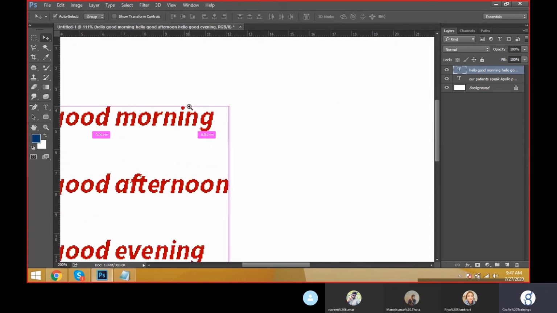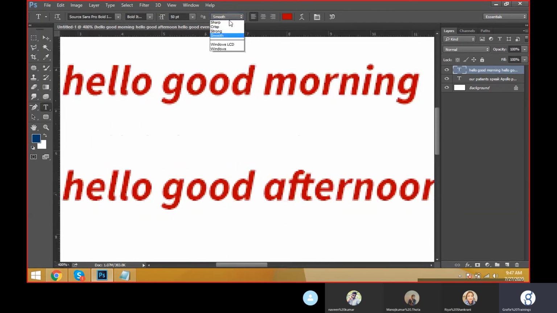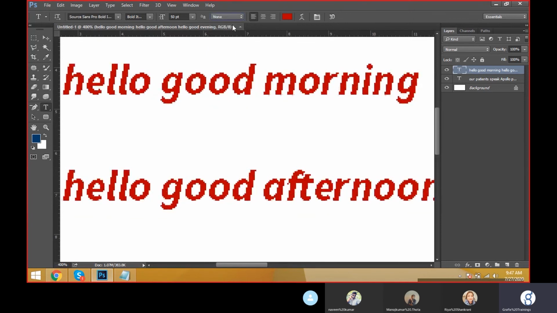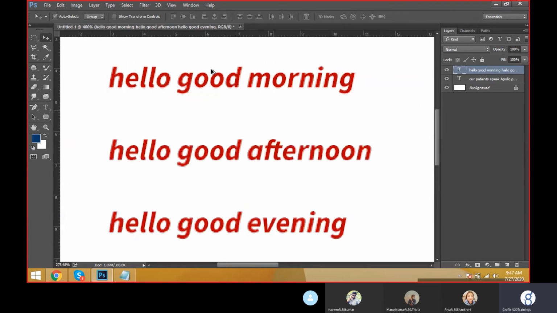And here this is none. This we call anti-alias. Anti-alias is nothing but the edge of the text: none, sharp, crisp, strong and smooth. It is only the edge smoothness. See, this is none. Automatically the text will be pixel breaking and sharp. Sharp is complete sharpness, crisp has some smoothness, strong has some strongness, and smooth has some smoothness visible. Like this the text properties will work.